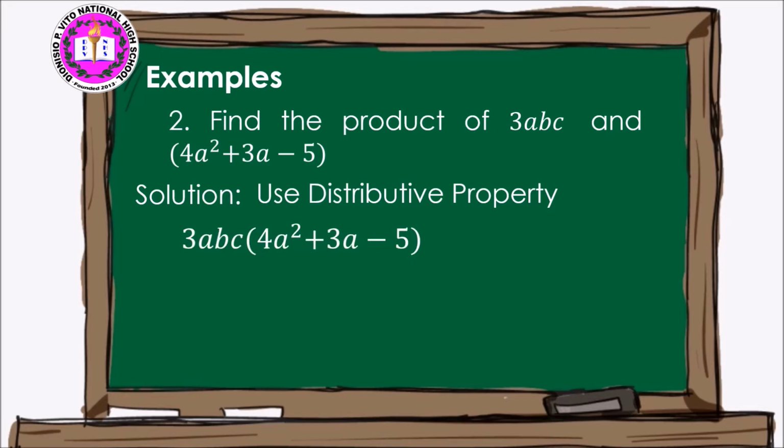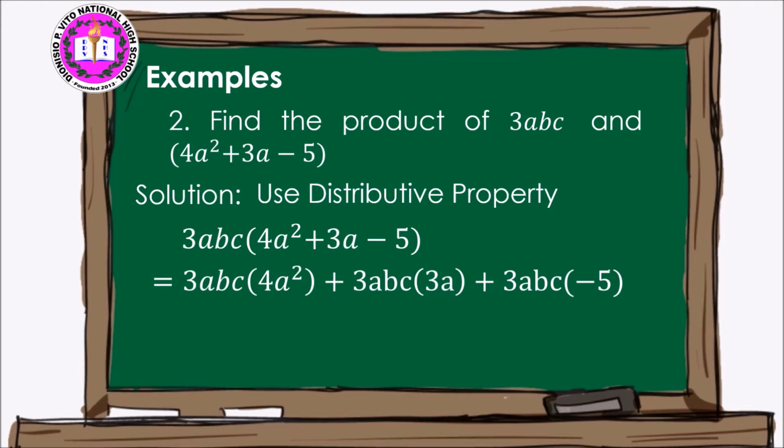So we have 3abc times (4a squared plus 3a minus 5) is equal to 3abc times 4a squared plus 3abc times 3a plus 3abc times negative 5. As you can see, we distributed 3abc to 4a squared plus 3a minus 5,